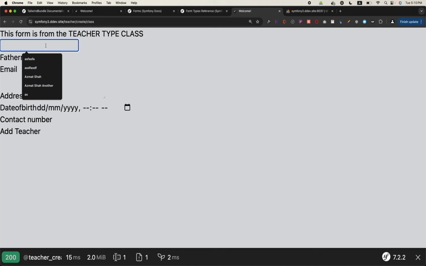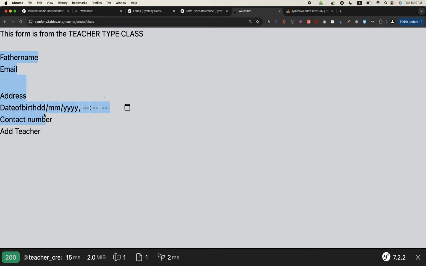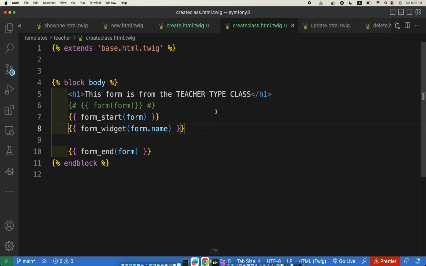Okay, so this is that name, but by default the rest of them are printed. The name is not printed. So if I include the father name also, just at the bottom of the form, the ones I have not used will be printed automatically. So for example, this is form name. If I copy and paste it,